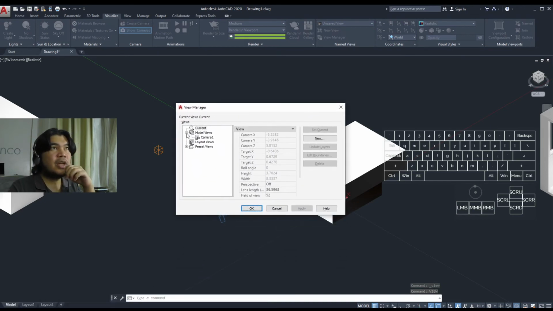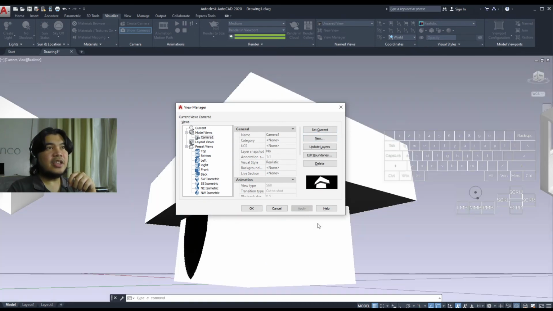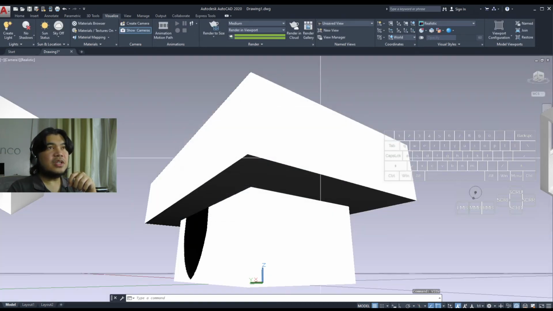And so we have camera one here, and then the preset isometric views, and then the orthogonal views. So let's go to camera one and set it as current, and then apply, and you will be able to see basically